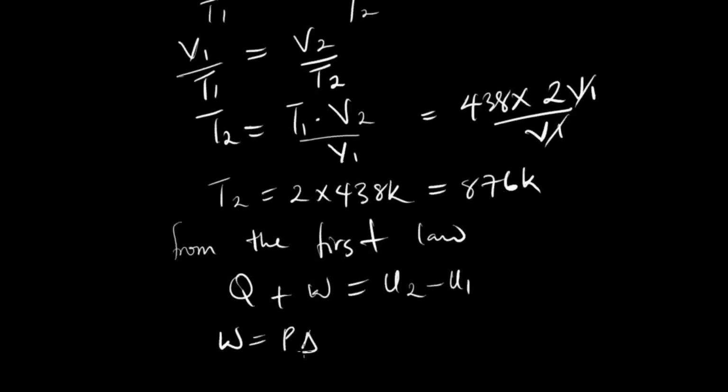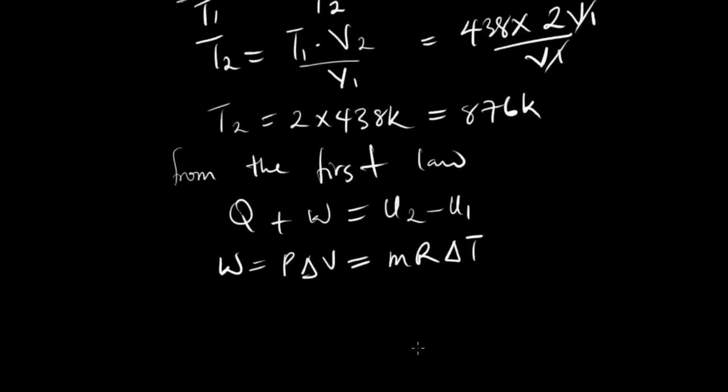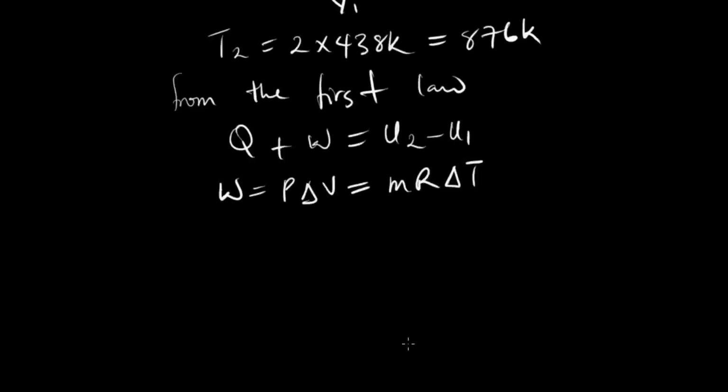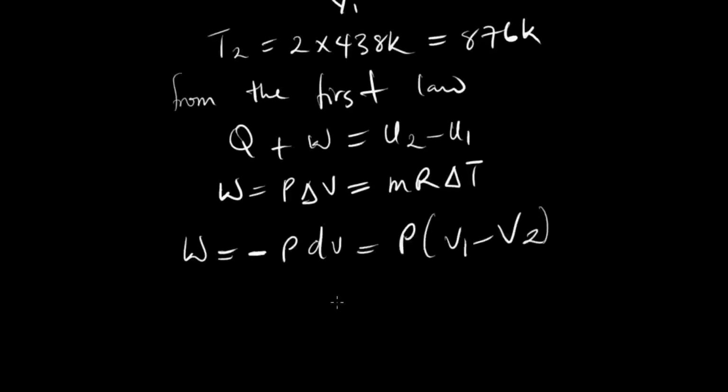P change in V, which is equal to mR change in T. Now our work W is equal to minus P change in V. So finally this should give us V1 minus V2. So that work done will be equal to